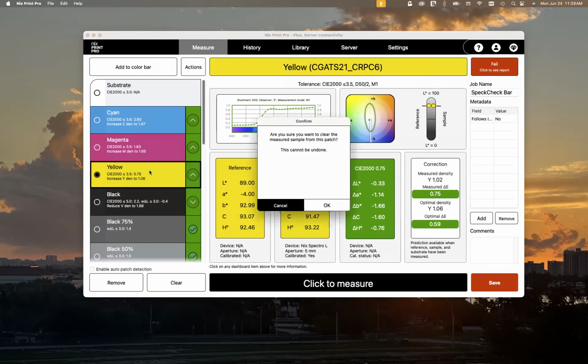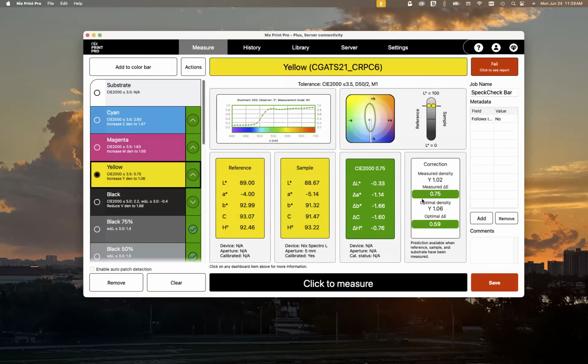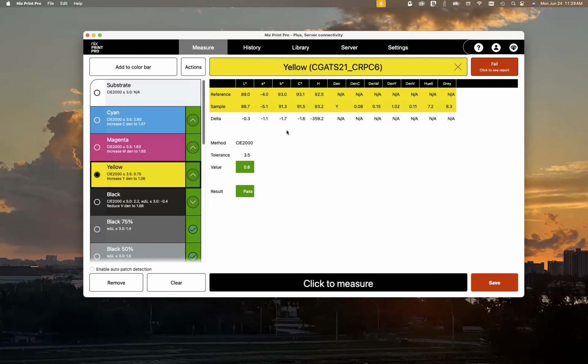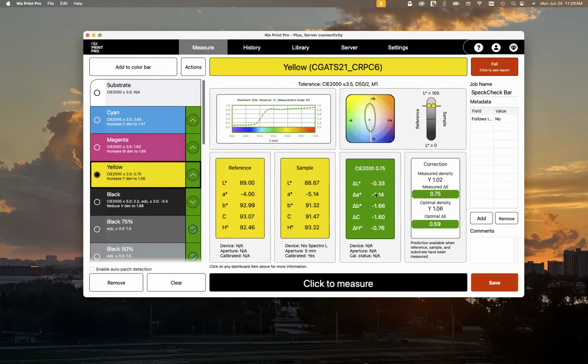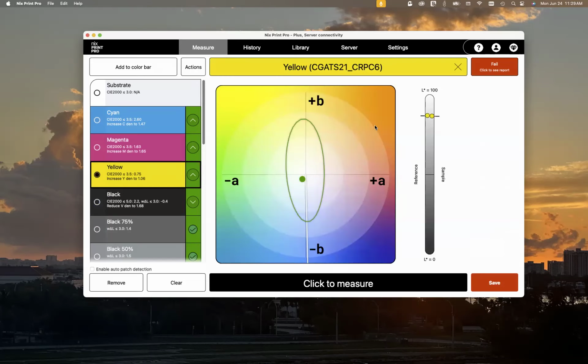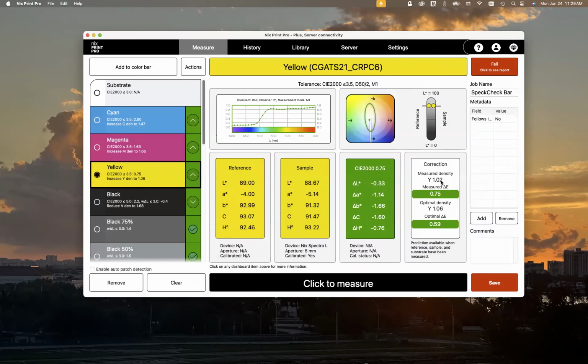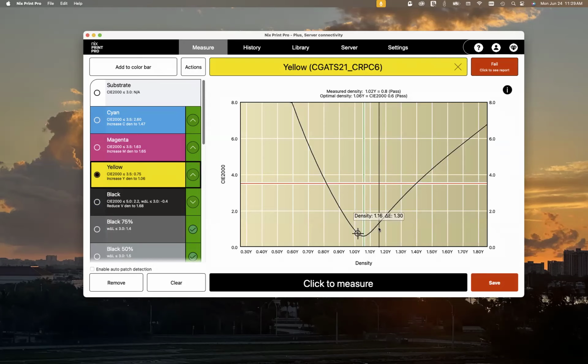And I'm trying to remember, there's one more. I don't use this app all that much, so is it here? No, it's not there. It might be here. It's not here. One of these. There it is. So what this will show you is that, in theory, if I decreased my density just a little bit,